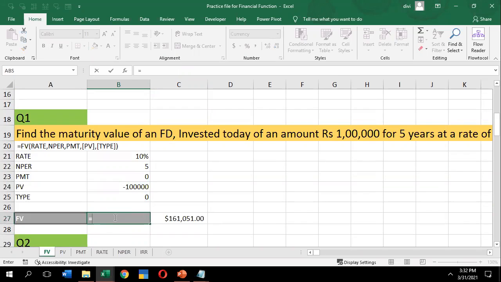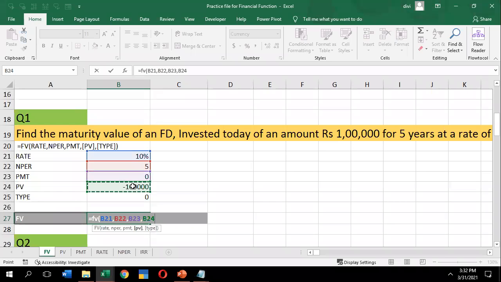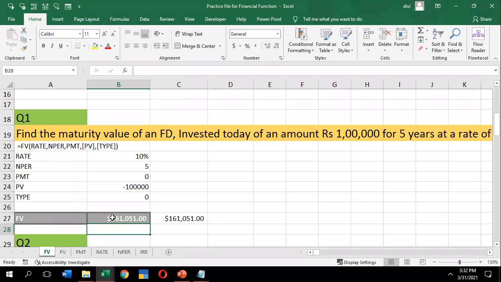Equals FV, future value, open the parenthesis. Rate is 10%, comma, NPER, the number of periods, is 5 years. Payment made, I didn't pay it. PV, present value, is minus 1 lakh, comma, and I want the ending of the period, which is 0. I'll get the actual value of 1 lakh 61,051.